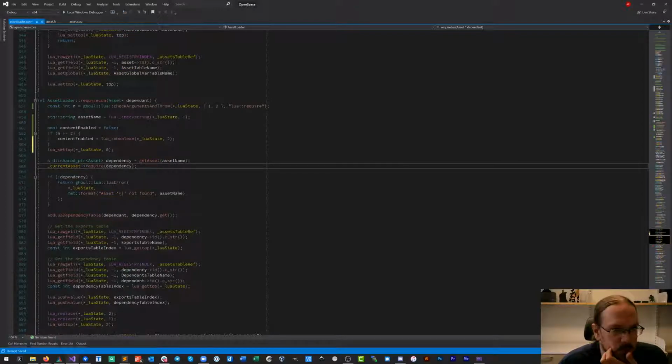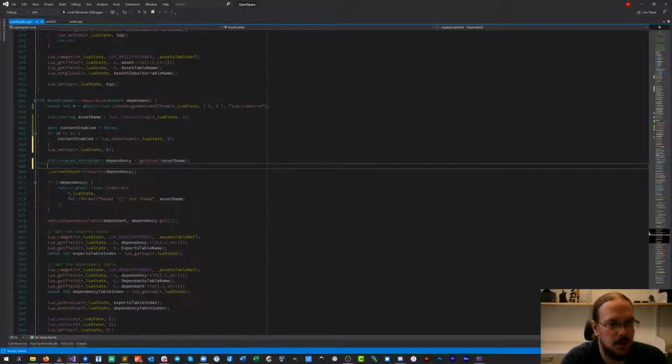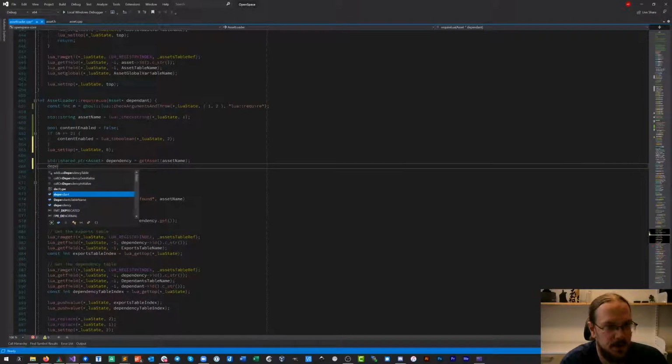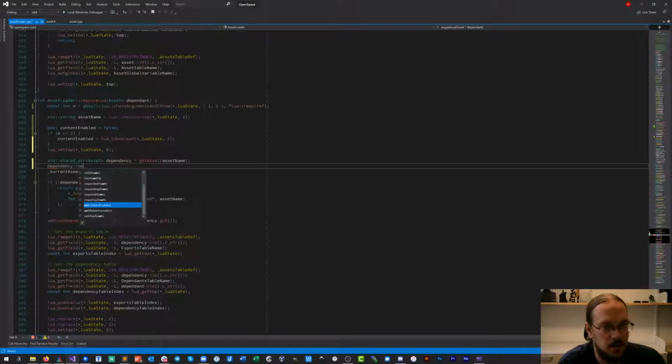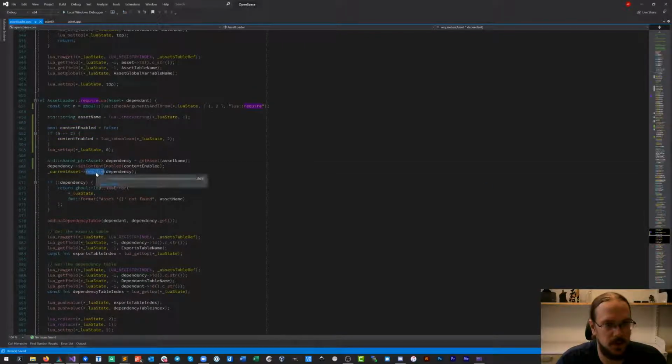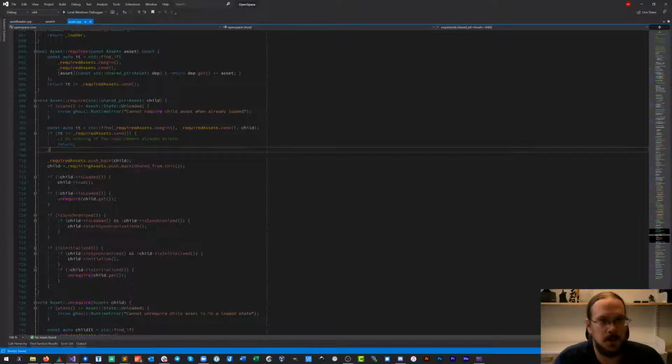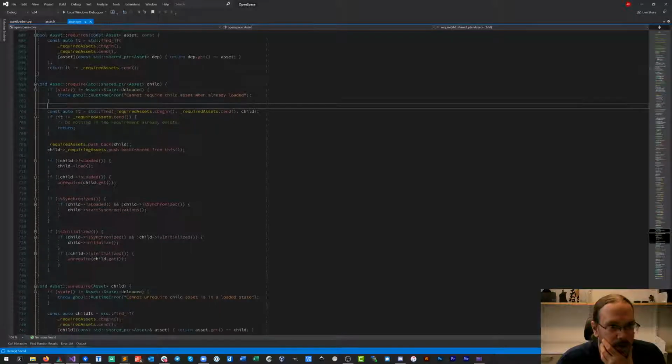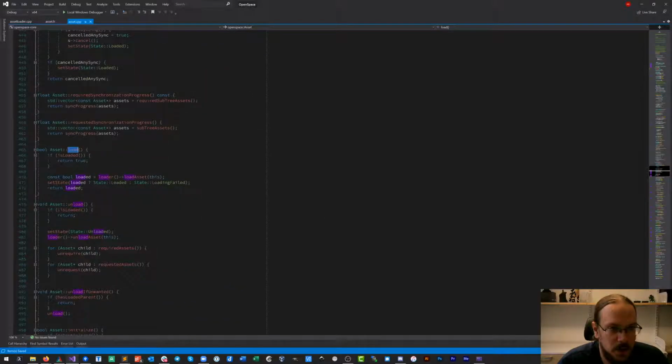So when we do this, we get our dependency, and now we set our dependency's content enabled to the value that we just got out of this. Great. So now we can do the require. In the require, we're going in, requiring the assets, and we're loading our child here, if it's not already loaded.